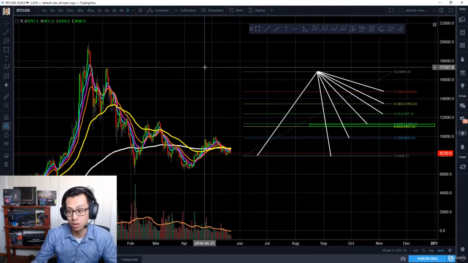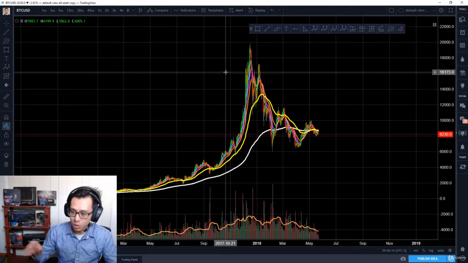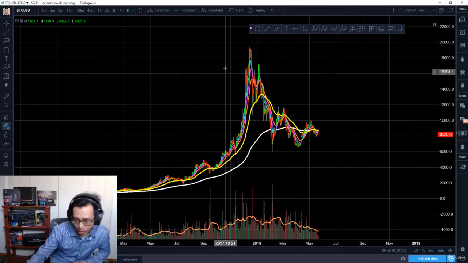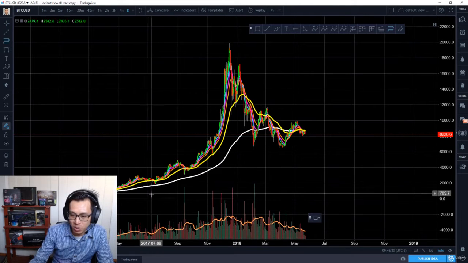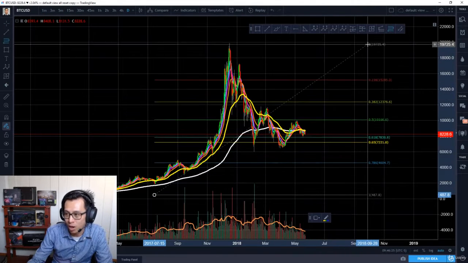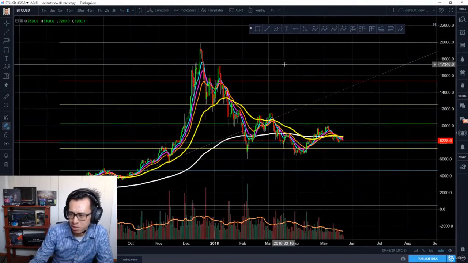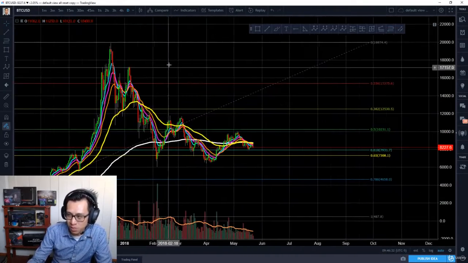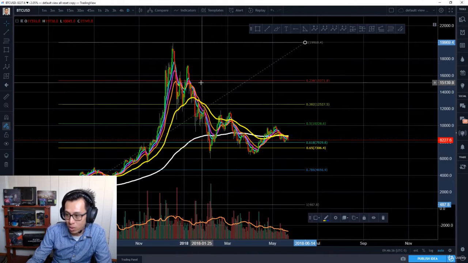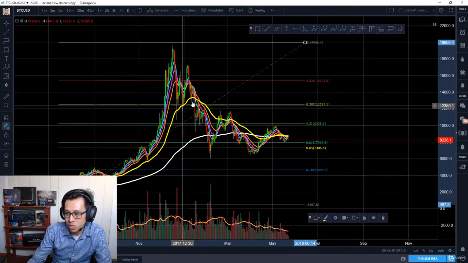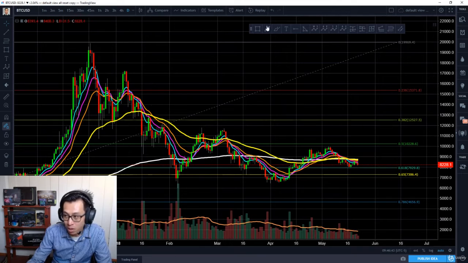So let's get into a lot of examples. Examples are the best way to learn, guys. So let's just say, for example, we go to Bitcoin and we take two extreme points. As you guys know, there was a massive run up over here. Massive run up, as you guys saw. So let's take a look at this in high detail. This point right here would mean that it retraced to 23.6%. This region here, if you take a look very closely, you'll see that there was a strong market reaction,